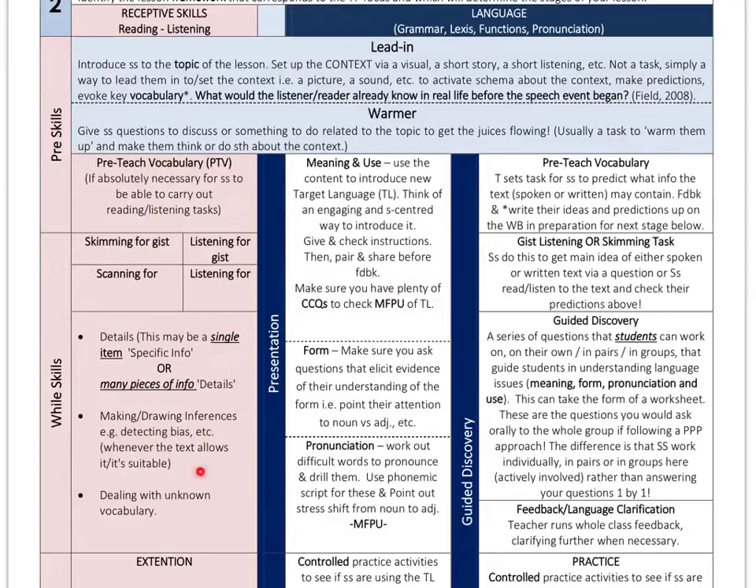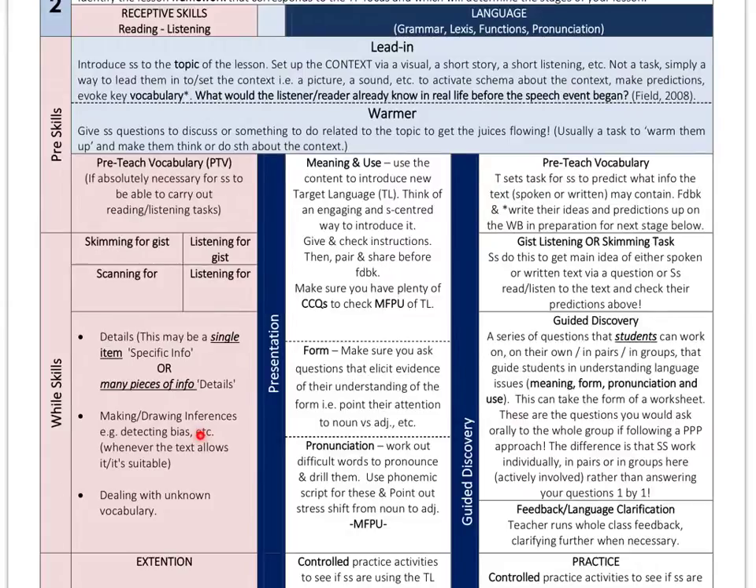Now, this is not always possible, so that's why it says whenever the text allows it or it is suitable for that specific text. Now, one possibility would be asking just one single question. Read the first time for gist, the second time for details, the third time read again and answer a drawing inferences question. For example,